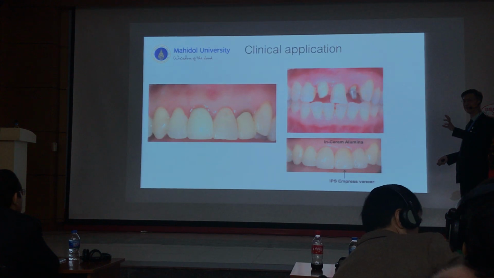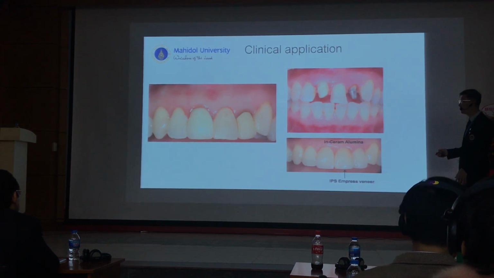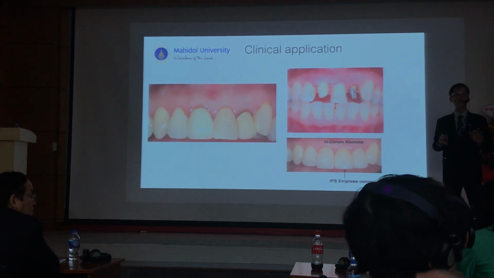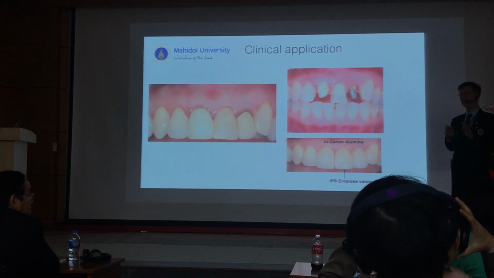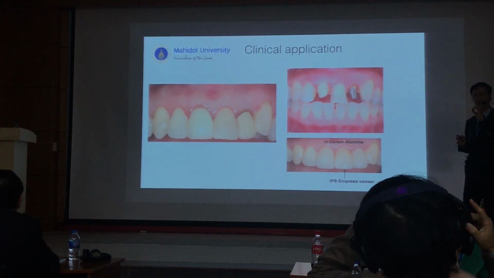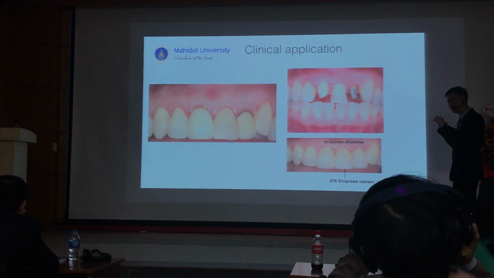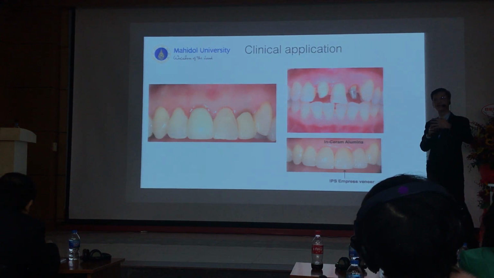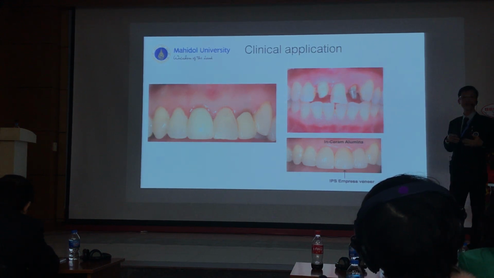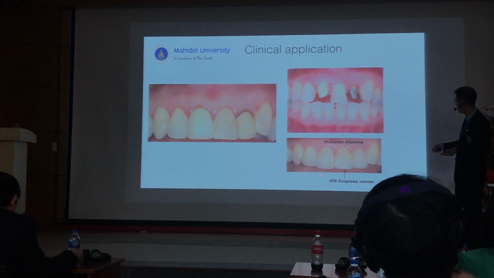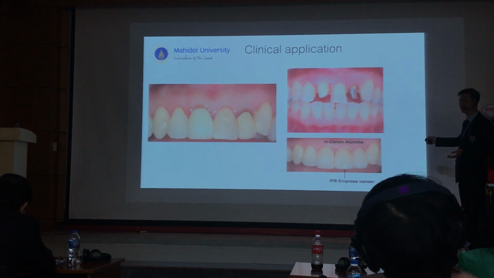So finally, I made an Insulam. Insulam made it like a substructure between. And Insulam, what is it? It's a polycrystal. It's aluminum. Polycrystal, you have a lot of crystals. When the light passes one crystal, right, it has to pass to the second crystal or the next 1,000 crystals. So the light cannot pass through them easily. That's why we can cover the color of this one very well.